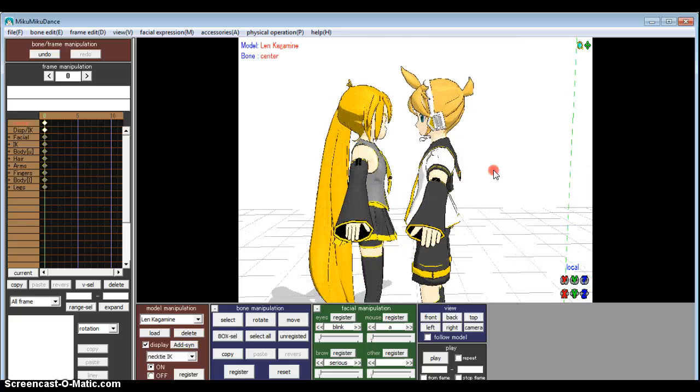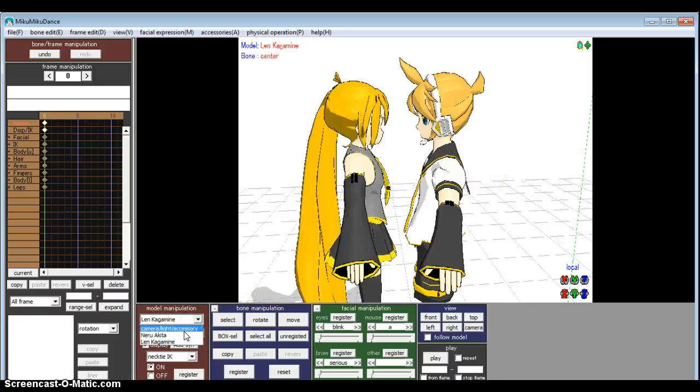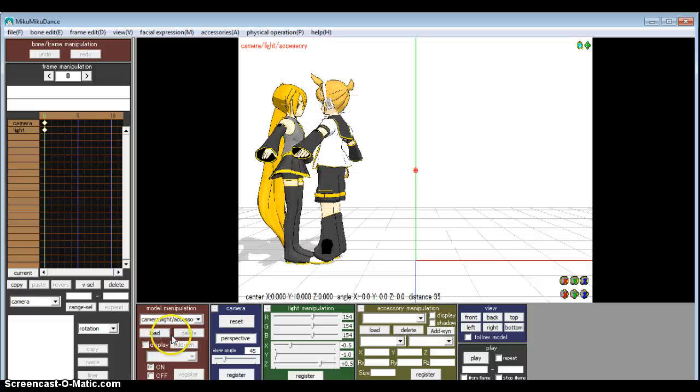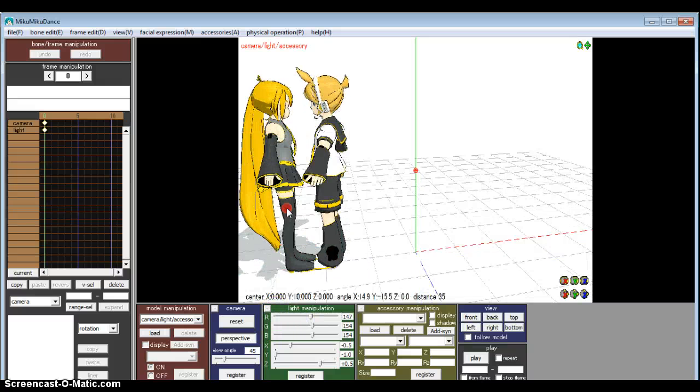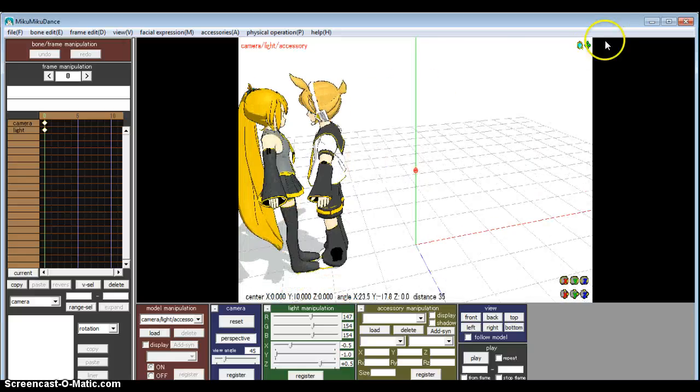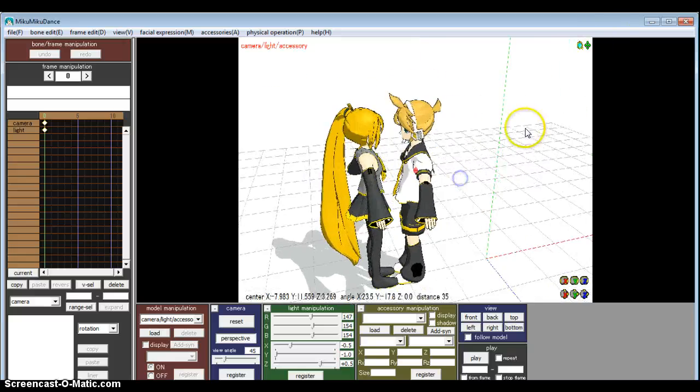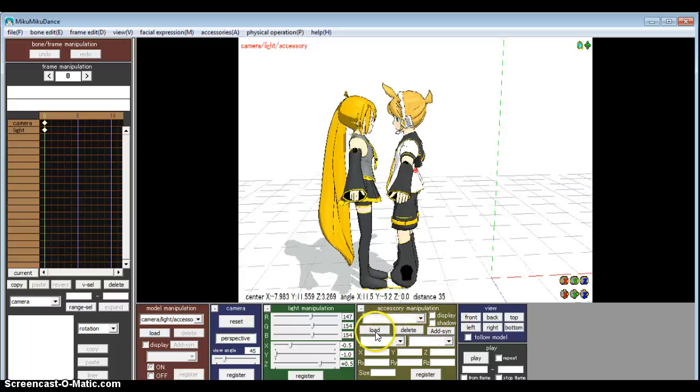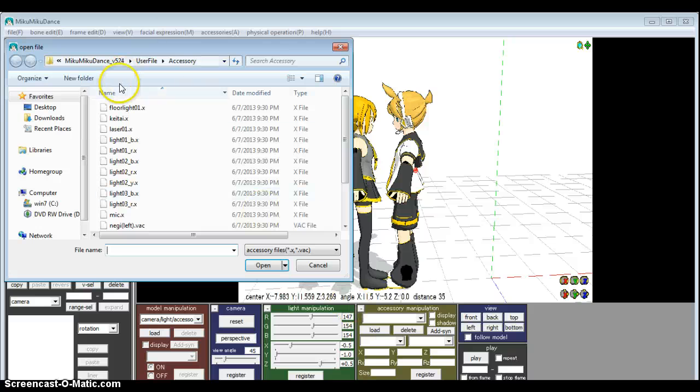And also, if you go back to camera/lights as accessories, then you can go over here and you'll see this little thing. This just kind of plays with the lighting. That looks kind of cool. So you can do that, and then if I want, I reset it. I think that's right. I don't know. Maybe. But then you can go down here, push load, and then you'll have all these other things that